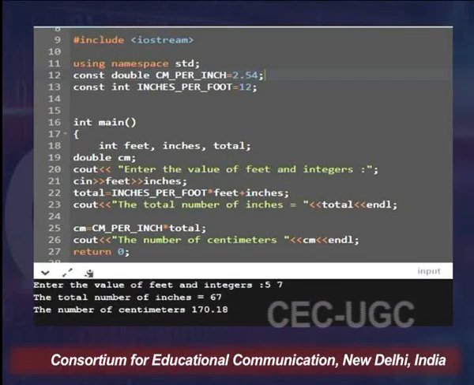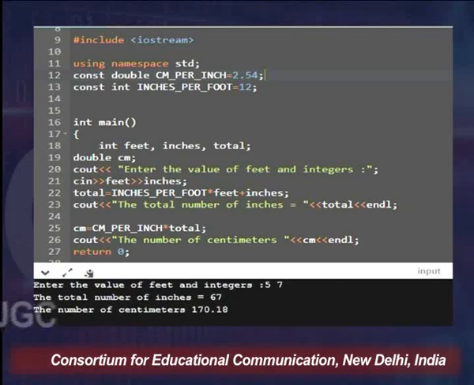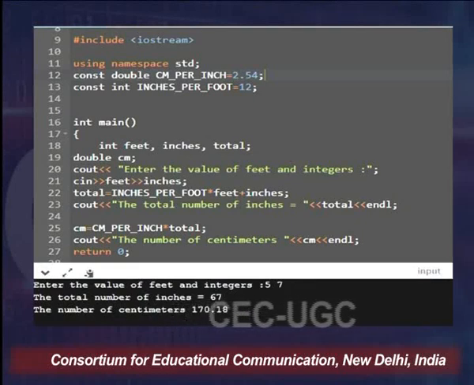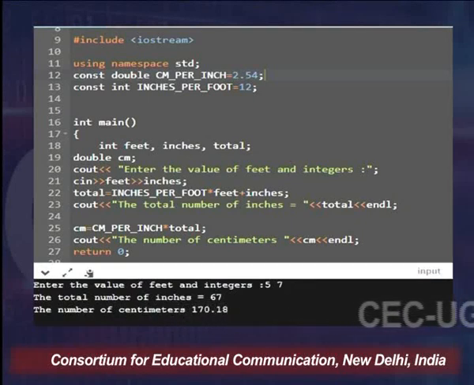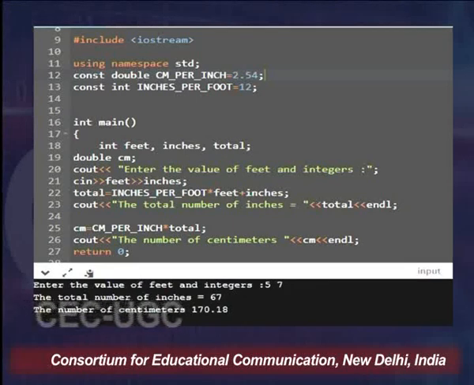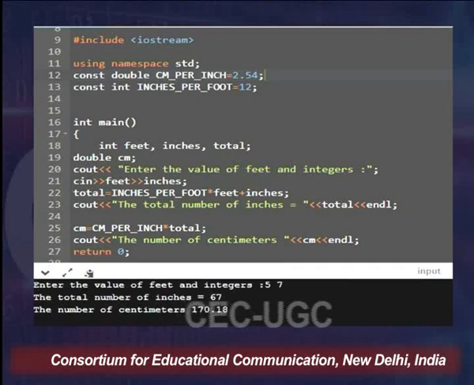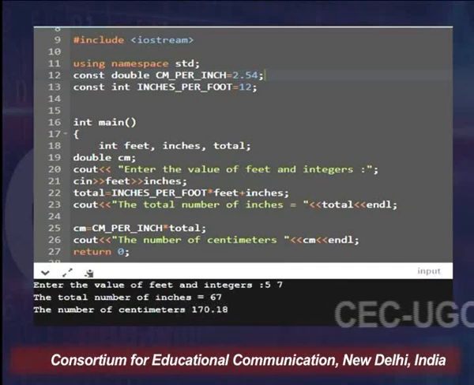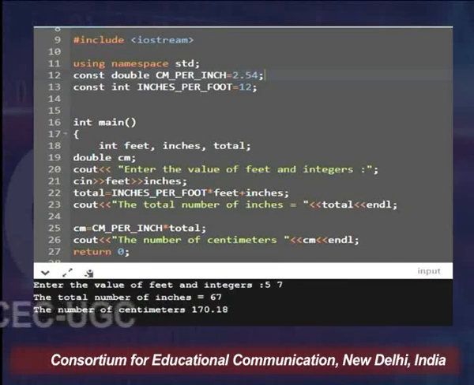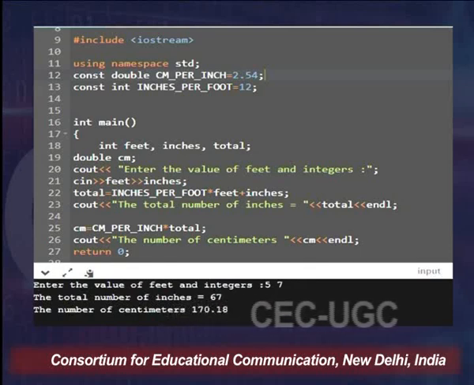Above the white line, I have given the screenshot of the program, which is the program we have just seen. Below this, it says enter the value of feet and inches, and the cursor starts blinking. The user gives the input, values are given to the feet and inches variables, and the total number of inches is calculated and printed, and so is the number of centimeters, on the last line.